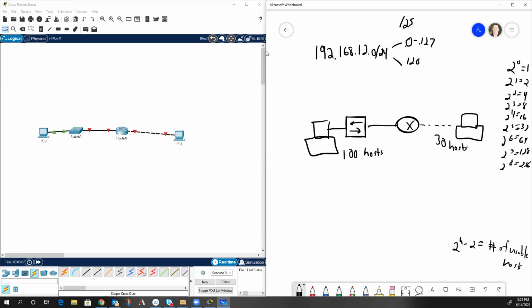and 128 to 255. Now I'm going to break the rules in what they teach in the curriculum. And the only thing, it's not really a rule, it's a preference. In the curriculum, they would pull this portion out right here and use it for the network on the left. I'm going to pull this side out. So I'm going to take this right here and I'm going to bring it down here. And this side is going to be